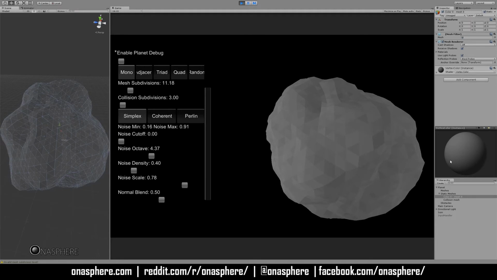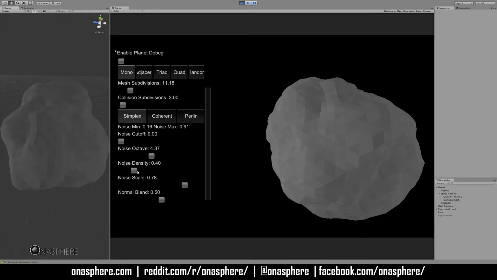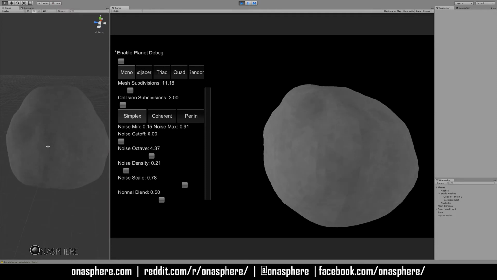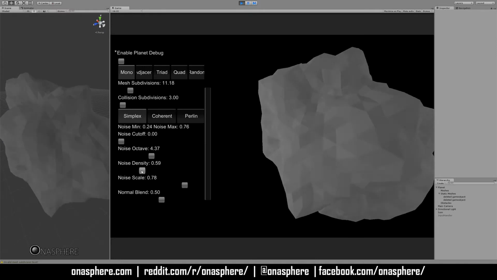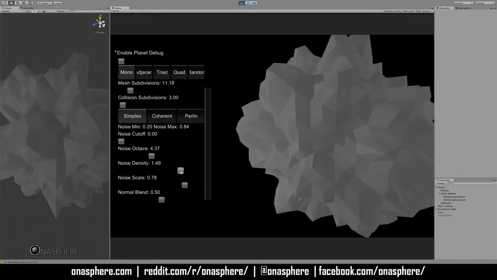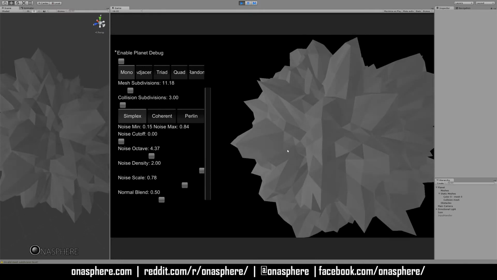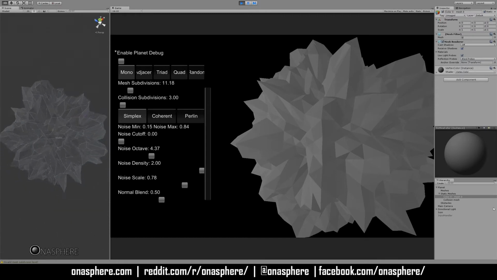Again, this is all stuff that you can read up about on Wikipedia. There's a whole bunch of great references on how noise works. Then there's the density, which adds a certain amount of chaos to the surface. And so the greater the density, the more chaotic it becomes, until finally it just becomes sort of a crystalline structure, which